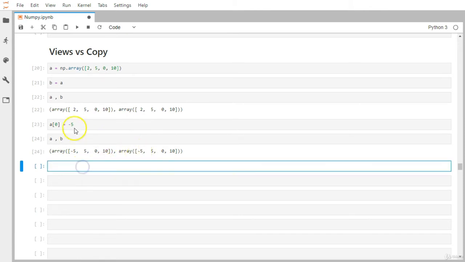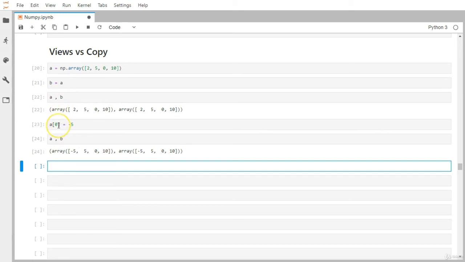Why does this happen? Because whenever you do any kind of assignment this way, the NumPy library will not create a brand new NumPy array for you. It just creates a view of that particular array. It is something like watching the same universe, or watching a particular planet, with two different telescopes. We are trying to see the same array with variable A, and the same array with variable B.